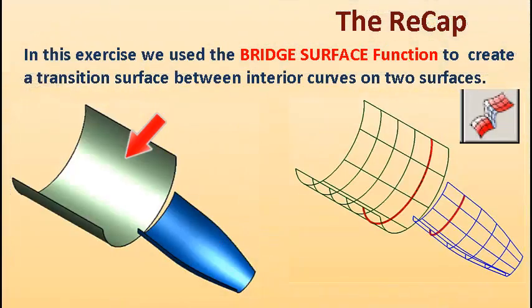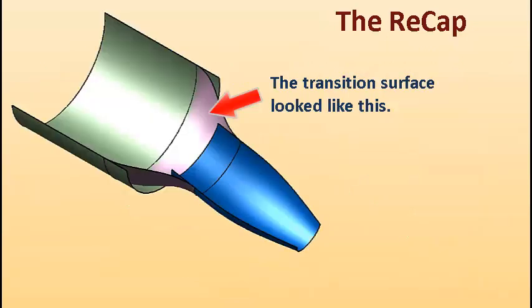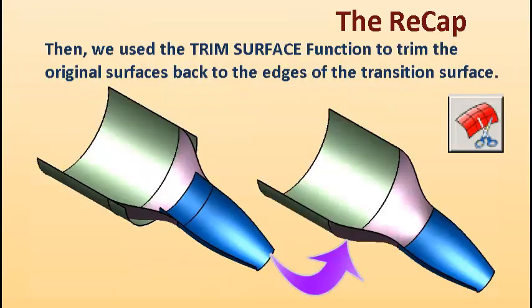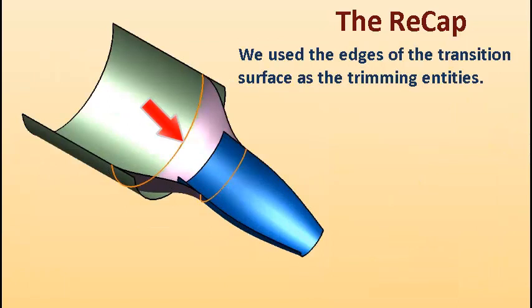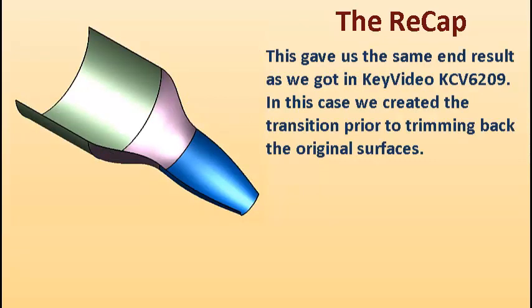So let's recap. In this exercise, we used the bridge surface function to create a transition surface between interior curves on two surfaces. The transition surface looked like this. Then we used the trim surface function to trim the original surfaces back to the edges of the transition surface. We used these edges, indicated here, as the trimming entities. This gave us the same result as we got in KeyVideo